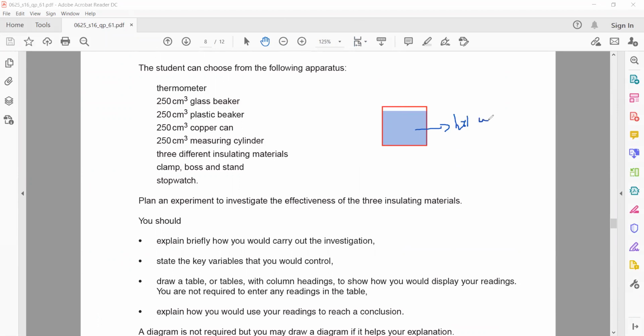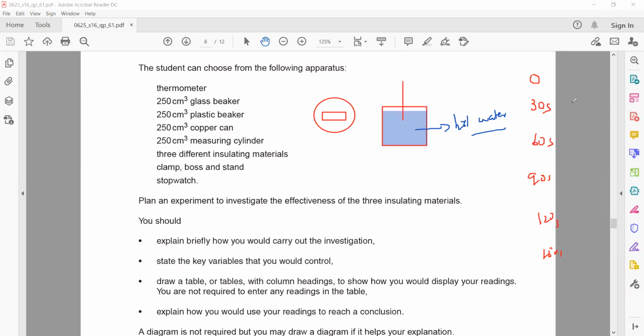I will write the whole experiment, but I'm explaining the idea of how to plan this experiment. So first we have hot water. Inside this hot water, we place a thermometer, and at the same time we start the stopwatch, and we record the temperature at 30-second intervals. First we record the beginning, then after 30 seconds, then after 60 seconds, 90 seconds, 120 seconds, 150 seconds, and so on. We can repeat this procedure for 3 minutes.